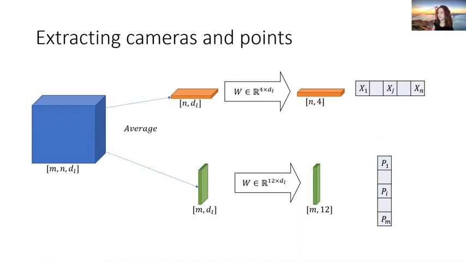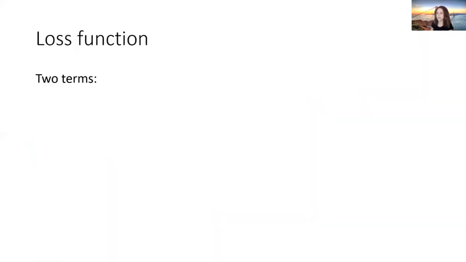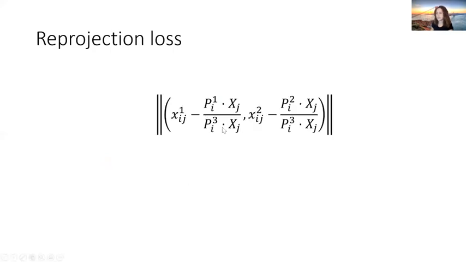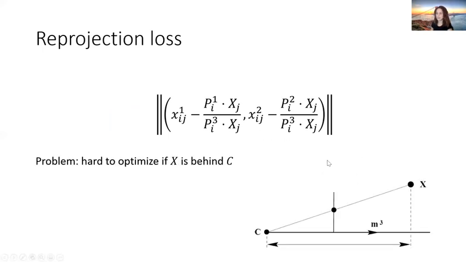Okay, so this was all the structure of the network, and now how do we optimize it and what is the loss function? The loss function will have 2 terms. Reprojection loss and another loss on negative points. And the reprojection loss, it's what we've seen many times and in the beginning of the lecture. This is actually what we want to optimize. The problem is that if the 3D point X is in front of the camera, this loss has a meaning and it's what we want to optimize. However, if the point is behind the camera,